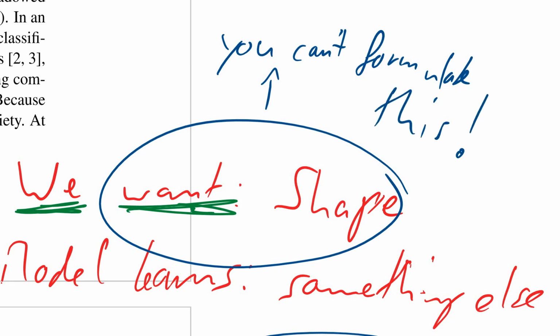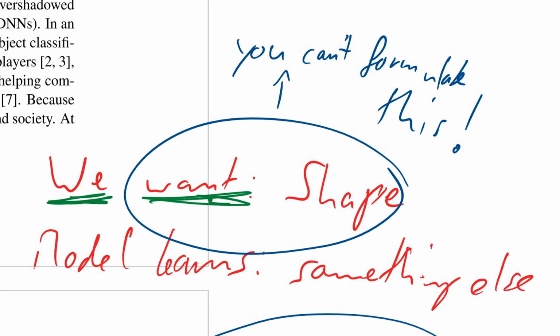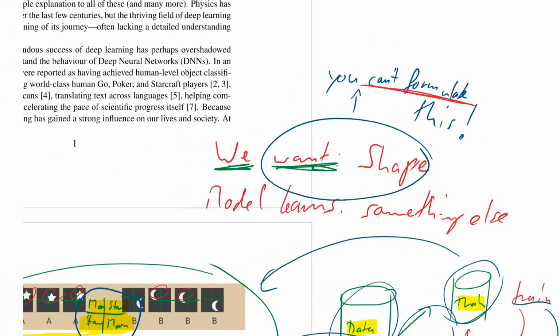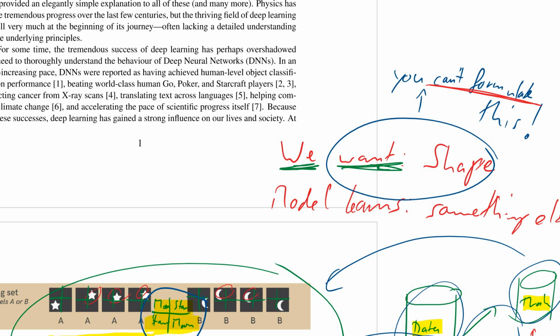This is very crucial, and I think the paper almost ignores this point. You cannot formulate what it means to classify things by shape, and this seems so obvious to us because we're so used to it as humans, right? We're just like, oh, just use the shape, right? This is the shape, right? But you cannot